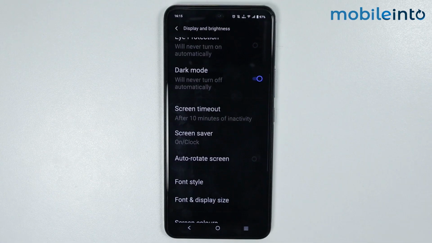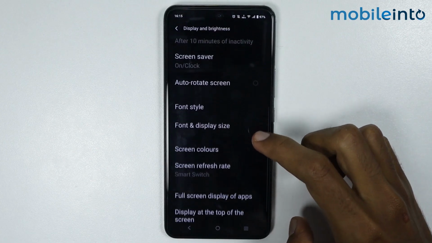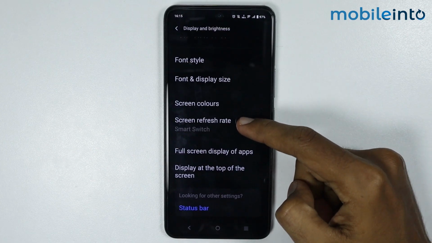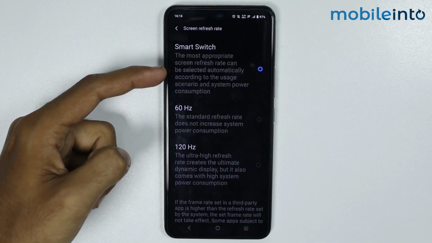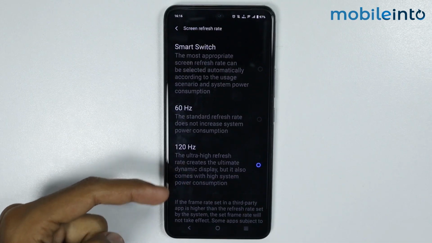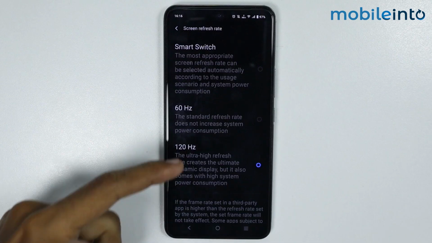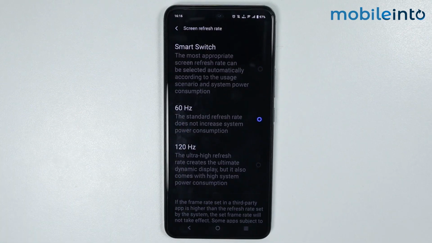Just like that. And once you do that, just scroll down and tap on screen refresh rate. Now from here, just select 60 Hz or smart switch instead of 120 Hz. Now if you select 60 Hz, it will lock the screen refresh rate at 60 Hz. Or if you select smart switch, it will switch the refresh rate from 60 Hz up to 120 Hz based on your usage. And once you do that, just go back